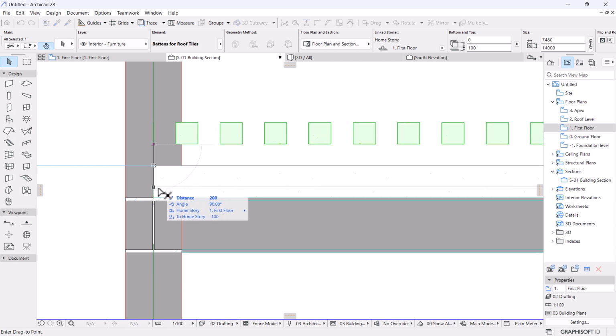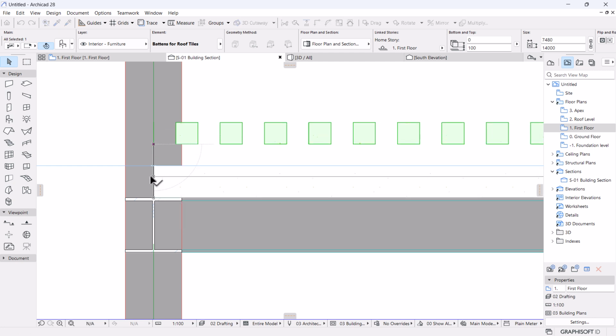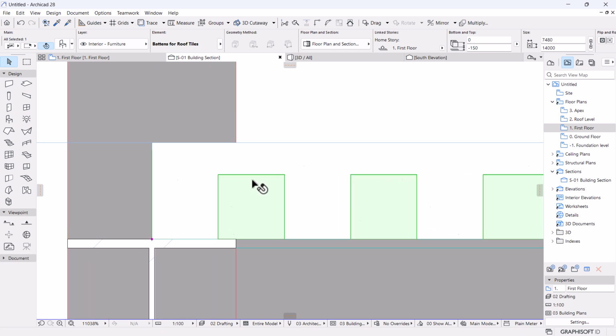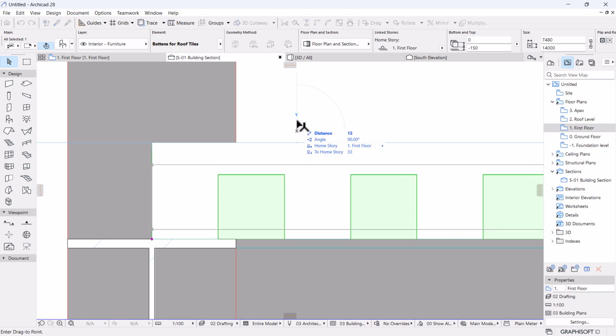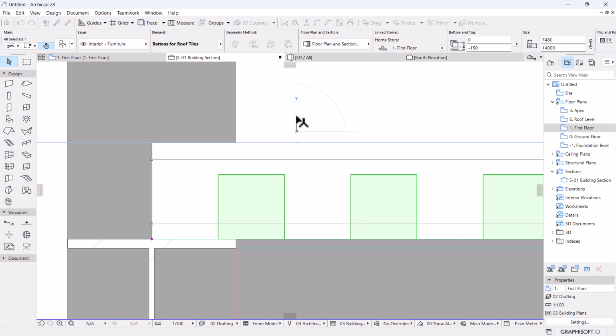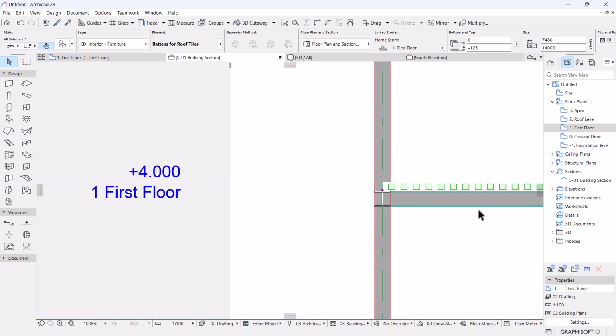I'm going to drag it roughly there. So the floor slab is around 150 and then this is 100, so I need to position it by 25 from the bottom and then 25 from the top. So I'm going to move this up by 25 millimeters just to make sure it's on the center like that,